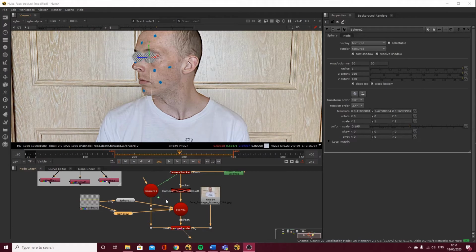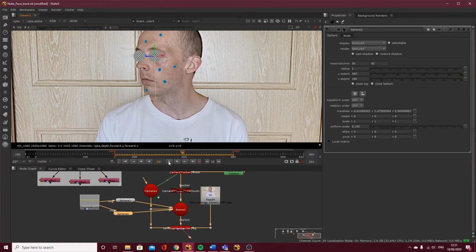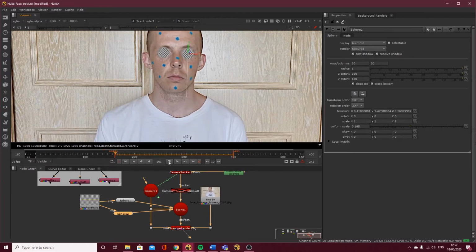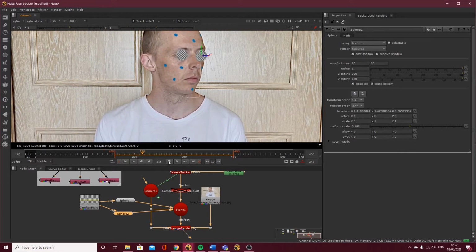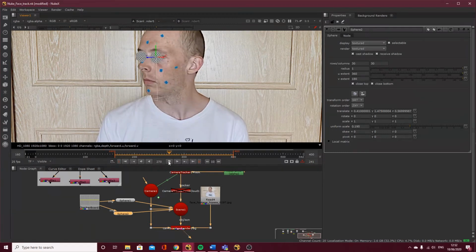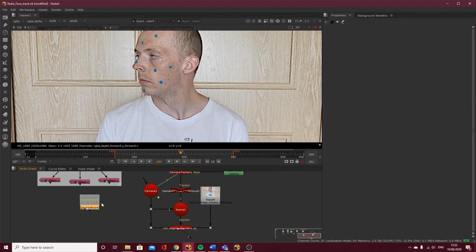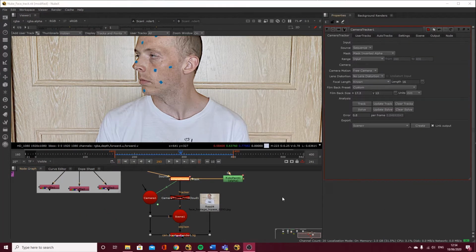Okay, so I actually turned my point cloud off so it's easier to see, and now if I play it through, you'll see that these little spheres do move with the eyes, which is great. So that's a nice little neat trick to just check that your track is working. I'm going to delete those spheres because I don't actually need them. Okay, so we know that our track is working because of those little spheres, okay?